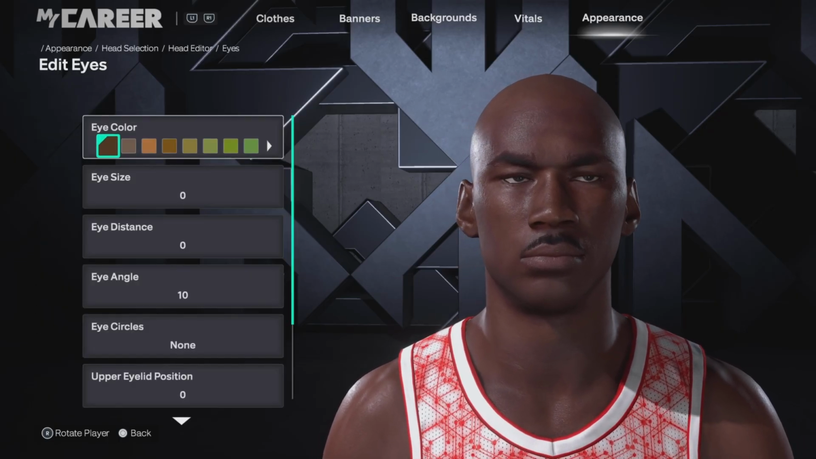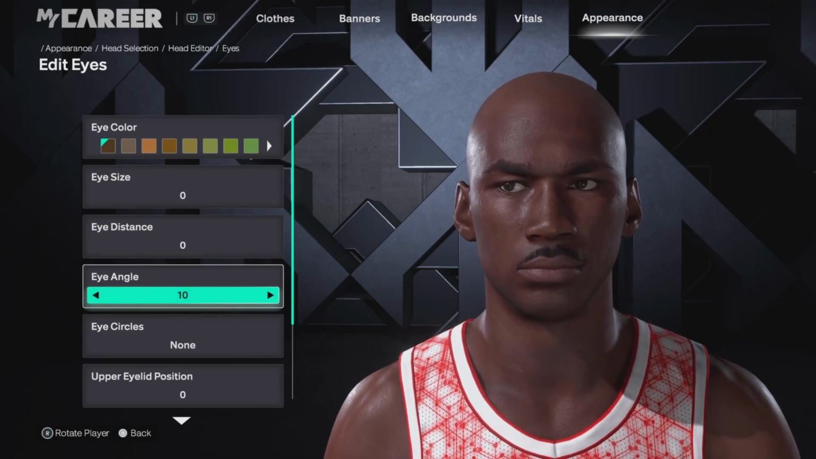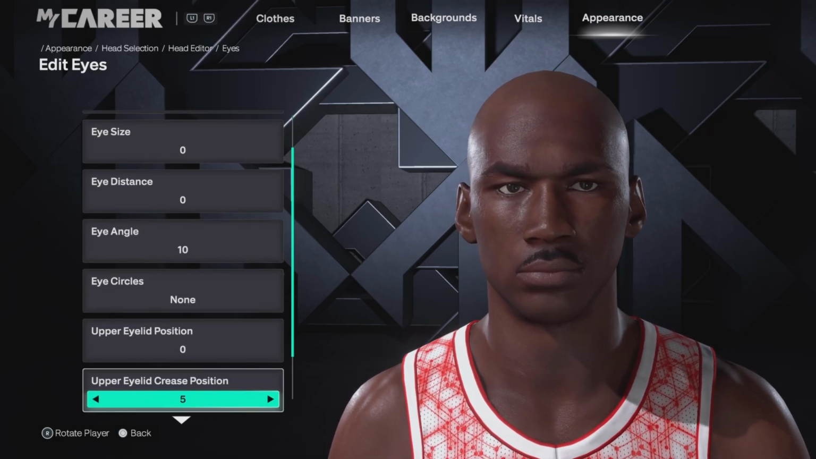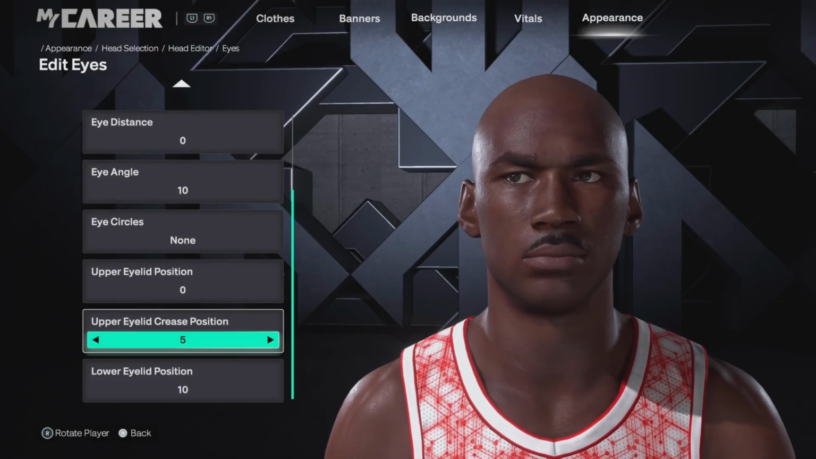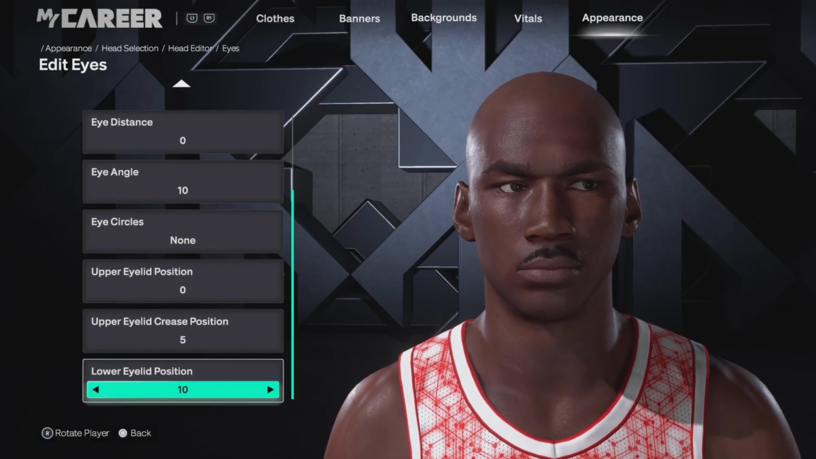Going default eyes, eye color dark brown, eye size 0, eye distance 0, eye angle 10, eye circle is dialed up, upper eyelid position 0, upper eyelid crease position 5, lower eyelid position 10. I'm going to give you guys a couple of seconds to copy this down, and if you have copied it down,